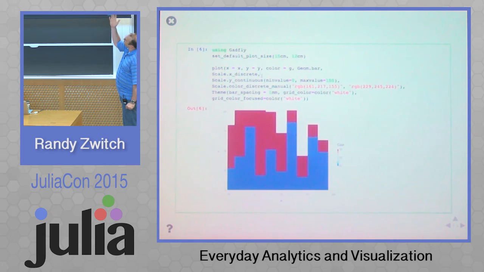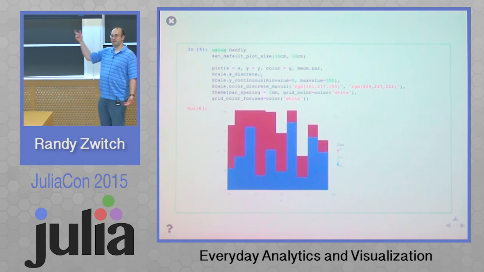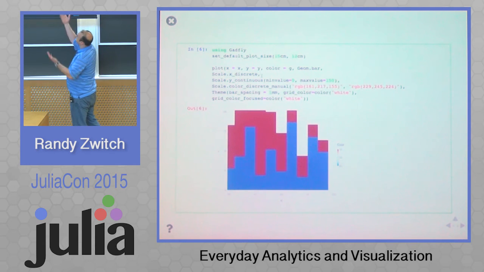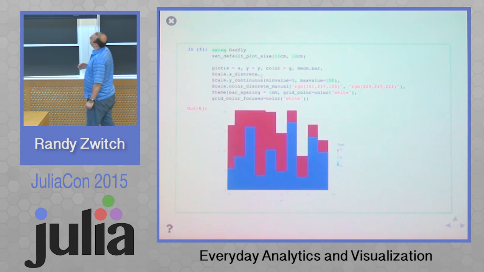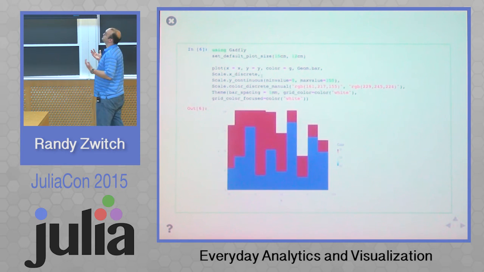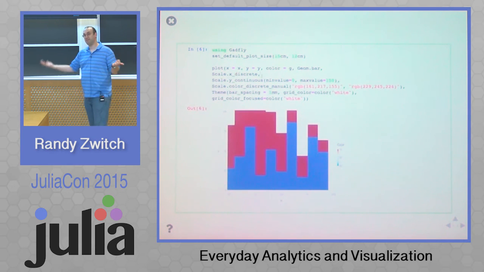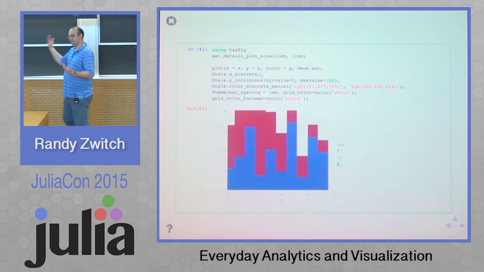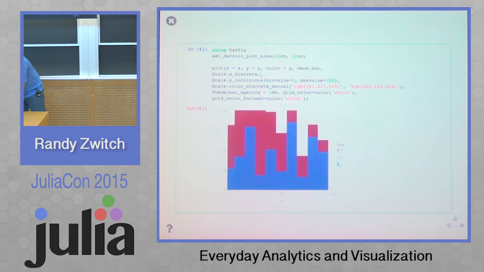Okay, and I want to make y continuous between some set of values. And then when we're talking about the colors of the bars, that's part of scale. Well, I don't think about it that way. I think about the scale as being the axes, but that's where we change our colors. And then I don't like grids on my charts, so I want to turn that off. Well, that's part of the theme. So it ends up being that you have to sit there with the documentation open.